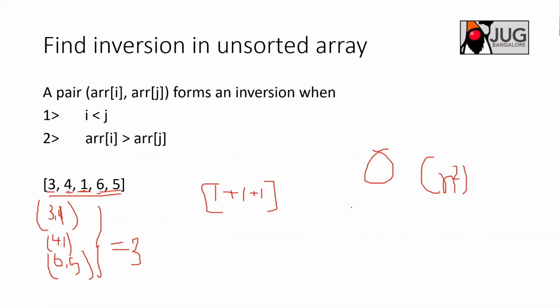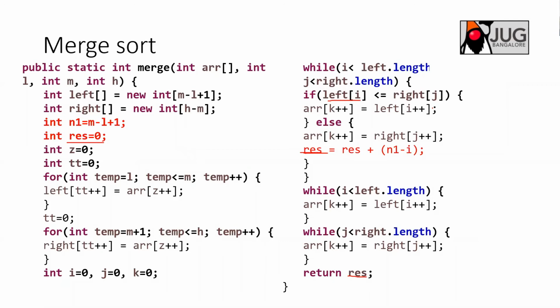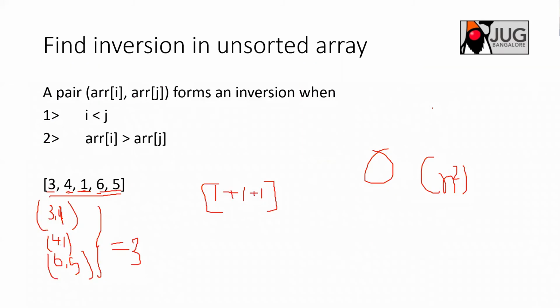And if you see that logic, where I have added the count only for the right side: if you realize that the left subarray element is greater than the right subarray element, it means on the right side you have a smaller element. That means the element exists after that which is a smaller one. So only then you need to increase the count. There will be some tricky questions. You need to understand that if you know merge sort, that is not sufficient enough.